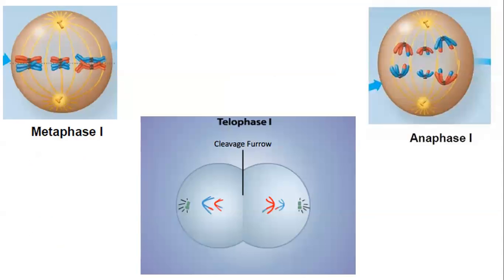So this is the figure showing metaphase, anaphase, and telophase. Look here, in metaphase one, you can see the chromosomes align at the equatorial plate. In anaphase one, the chromosomes start moving apart from the center, towards the poles. In telophase one, a cleavage furrow starts deepening towards the center. This is all about metaphase 1, anaphase 1, and telophase 1.